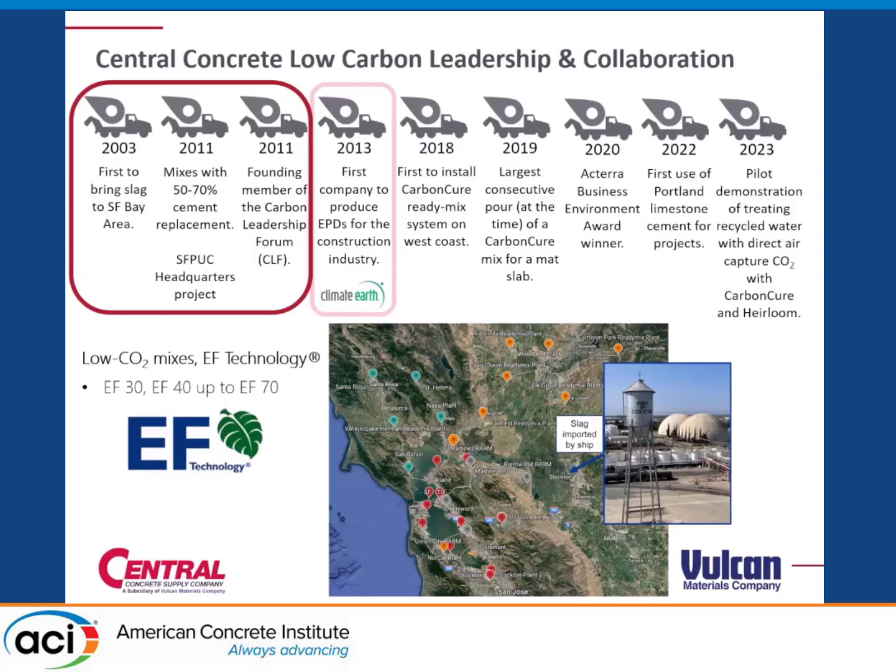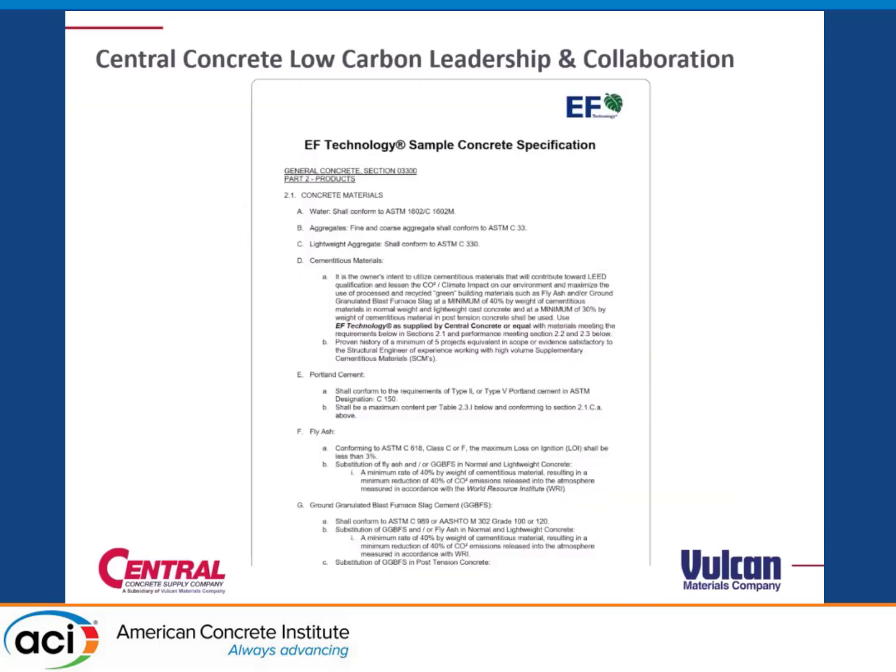An example of an offering was EF30, which basically identified a 30% cement replacement mix, all the way up to an EF70, which replaced 70% of the cement content in the concrete mix design. And this is an approach that is being implemented today, right? You have a few producers out there going with their own marketing approach on sustainability, but we were slightly ahead of our time when we were going in with this branding and marketing approach, so much so that we even had,